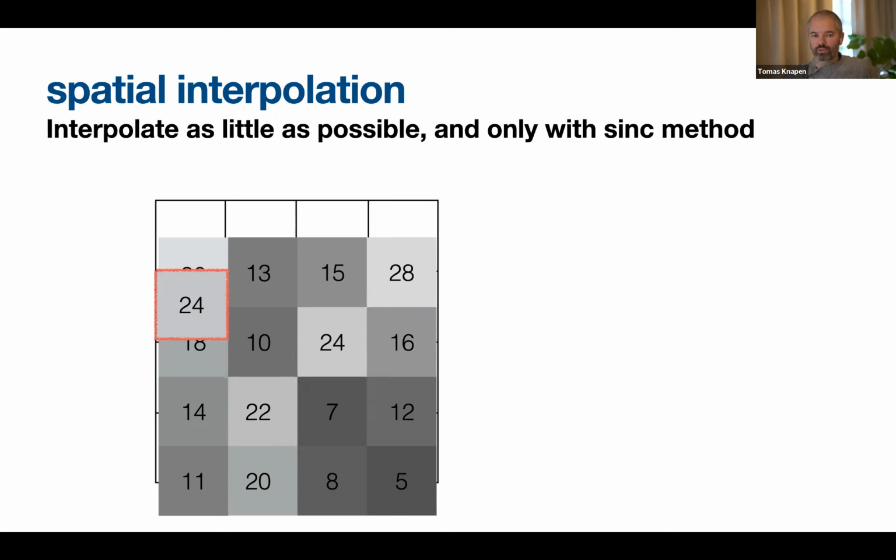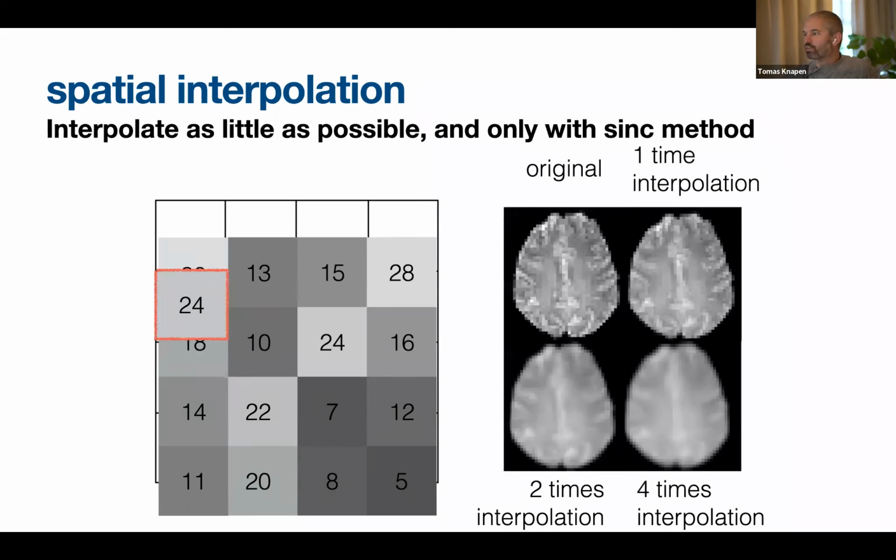And this is definitely the case in averaging interpolation, the way that we're doing it here by creating the value 24. But even with more sophisticated types of interpolation where you do nifty stuff, like the sinc method, you lose information. Because if you do this over and over again, you end up smoothing your image. You end up taking averages of averages, and so forth. Now, why is this a problem? Why am I talking about it here? Well, you start out with this really nice and crisp image,